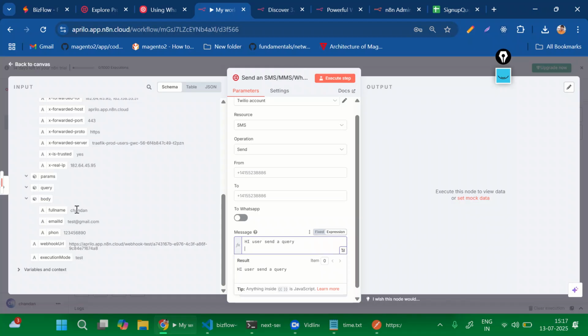Okay, now one by one you can keep these things like here. So you can write here a full name, user full name, and we need an email ID. So we just copy the things and move here to print the email ID. And similarly, we don't have a message,